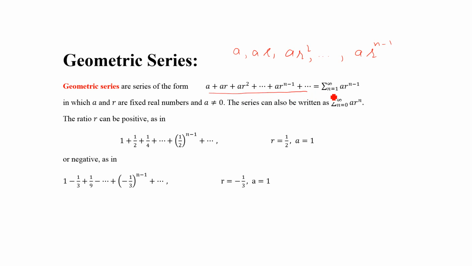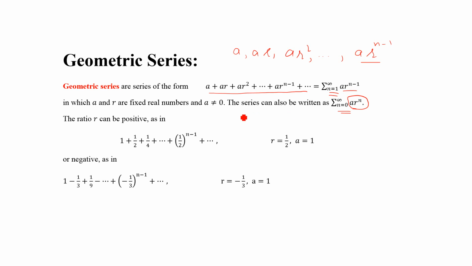And if we start from 1, then the nth term is ar to the power n minus 1. And if we start from 0, then the nth term is ar^n. In both cases, we obtain the same series. You can verify it. So this tells us we can change the starting point and get the same series. So we can have different starting points for the same series. We'll discuss it in detail in later slides